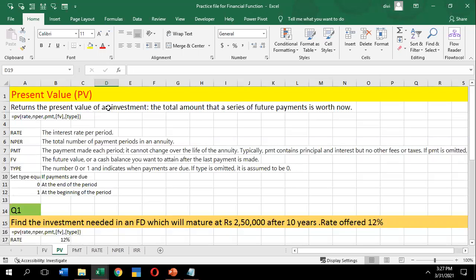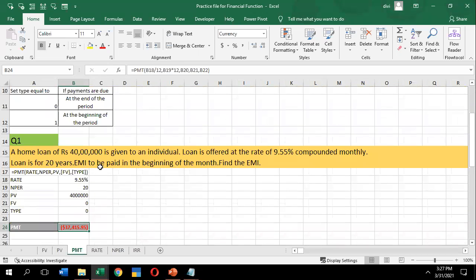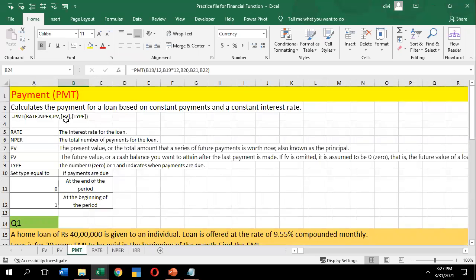It returns the present value of the investment, the total amount that a series of future payments is worth now. And PMT is calculating the payment for a loan based on constant payments and a constant interest rate.